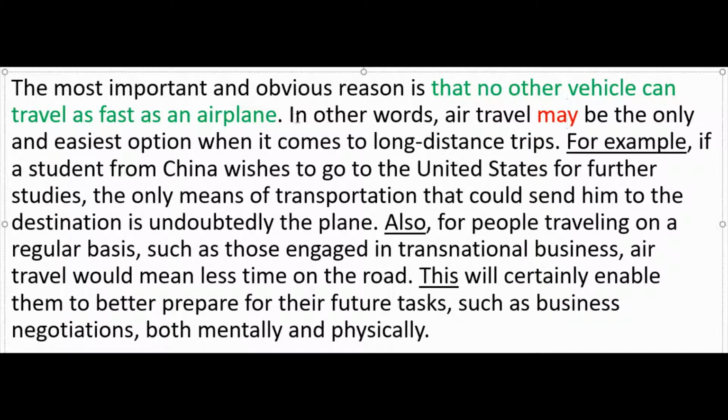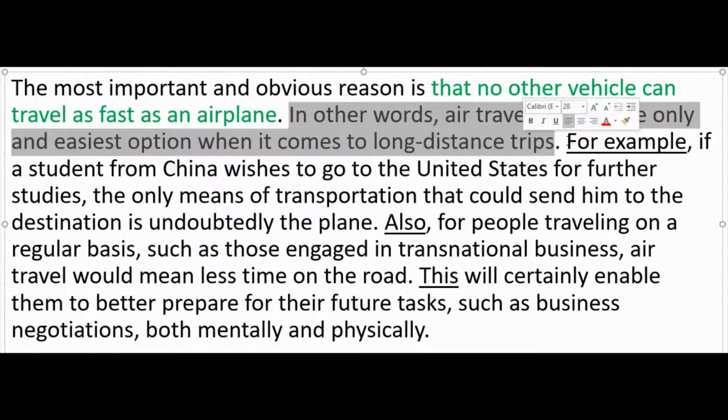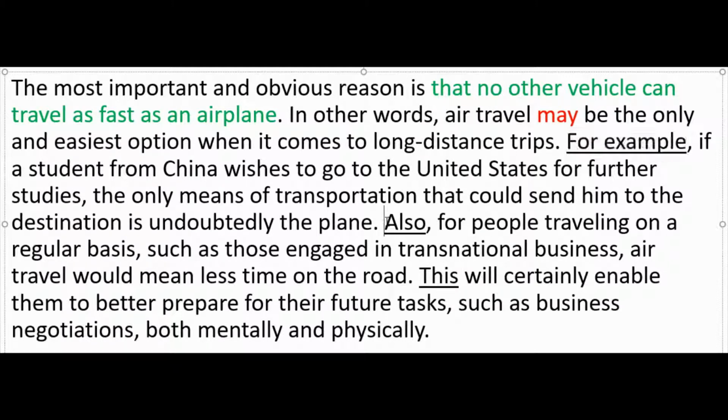But if we look at the structure, so we have the topic sentence, and then they give an example, and they further exemplify it with this example of people who travel for business reasons, and there's referencing. This will certainly enable them. So being able to take a plane. So the whole paragraph is very cohesive. It's well written. Only problem is it's a little bit wordy. I mean, you have 40 minutes. Most people cannot write this many words in 40 minutes.